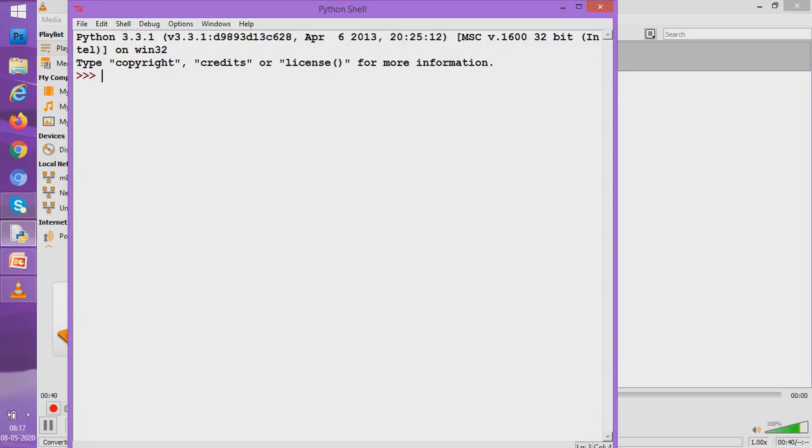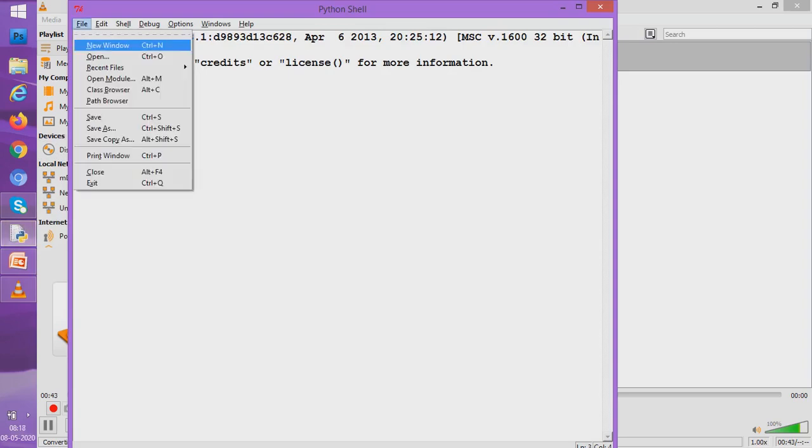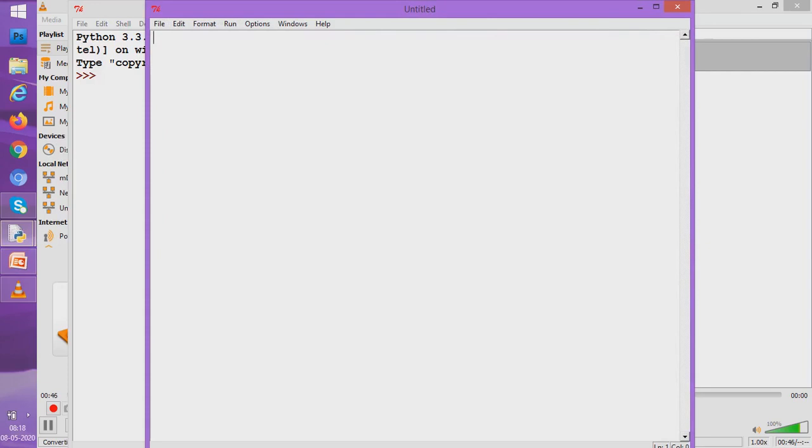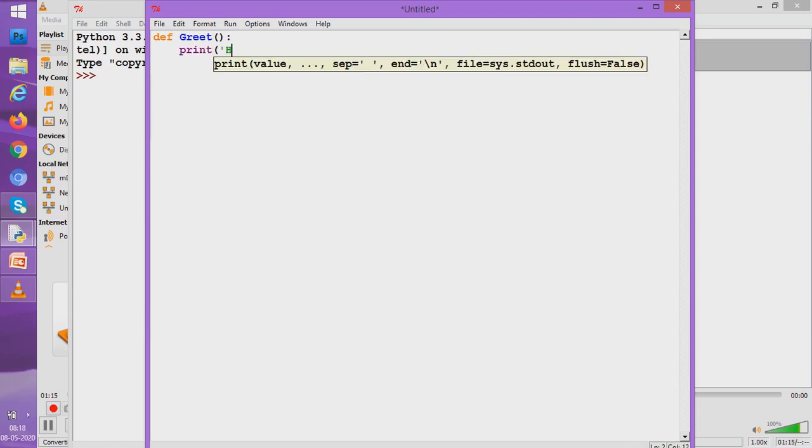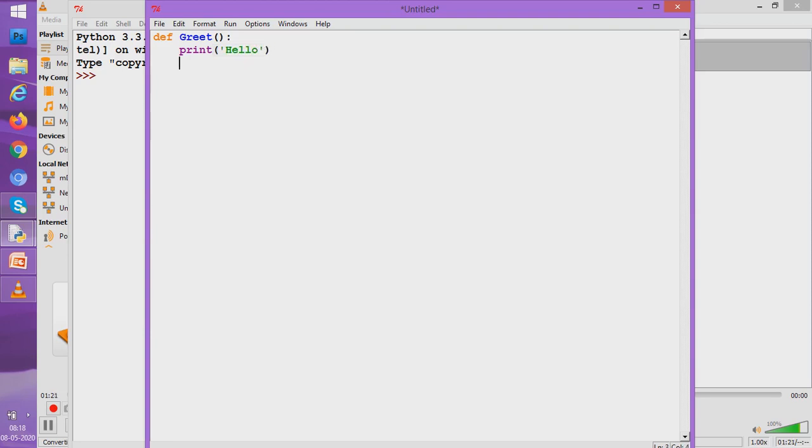So students, we are at the Python shell and we are ready to go to the Python script mode, and here we will first write a function which doesn't have any parameter. Then we will write a function which has a parameter and we'll compare both of them. So let us write a function which doesn't have a parameter. Say for example, I'm writing a function greet. So greet is a function and it does nothing but print hello to us. So we'll print hello in greet and it's over. A very simple function for us.